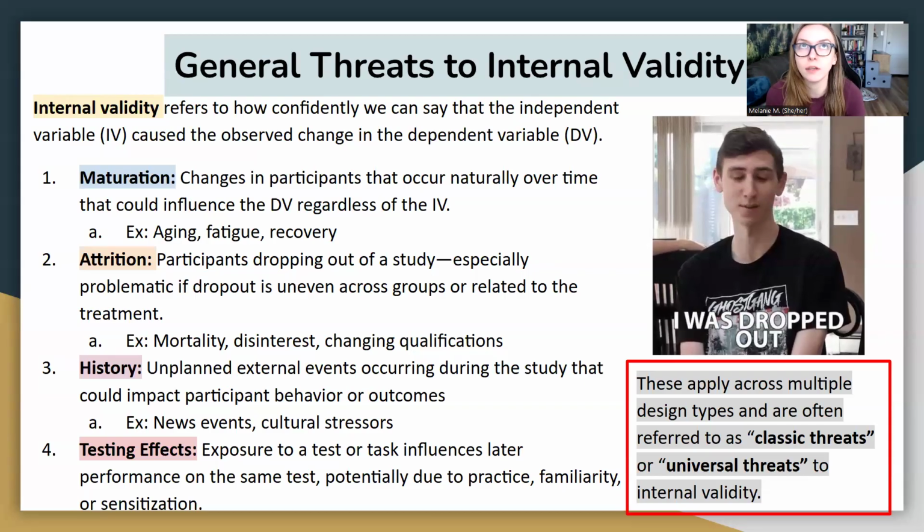Testing effects is when the participant is exposed to the same test or task that you are using to measure whatever it is you're measuring, but because they are repeatedly exposed to it, they have influence on their performance because they're using that same test over and over again. It can make them more familiar with it in a way that's going to make them test more highly than their abilities actually reflect. It could make them more sensitive to it. There's lots of different ways that can go wrong. A good example of something like this is